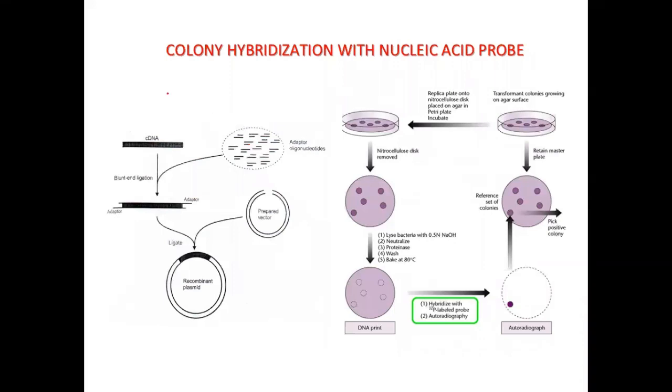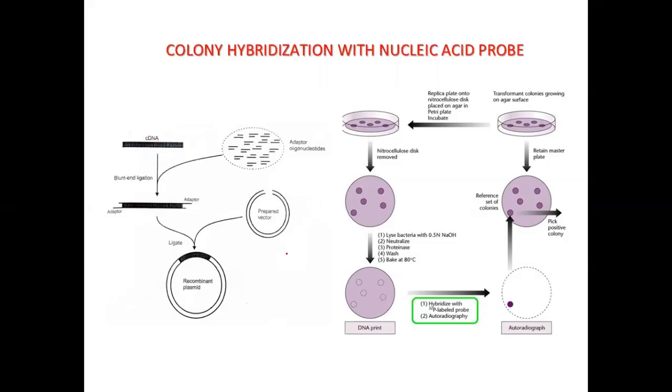Why we need a nucleic acid probe? We saw in cDNA library preparation that after the cDNA is made, it is cloned into a particular vector and forms a recombinant plasmid, and we transform it into E. coli cells and we plate them. And there are many colonies. If we want to fish out a particular gene X and we want to find out which colony has gene